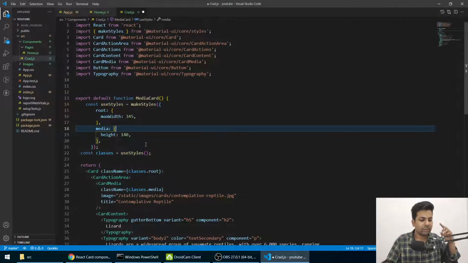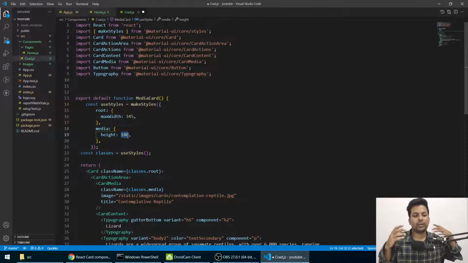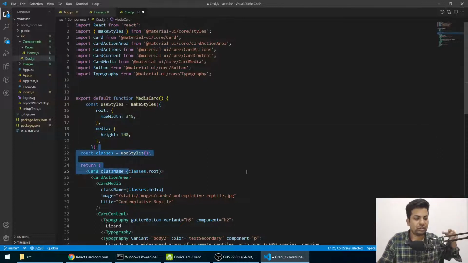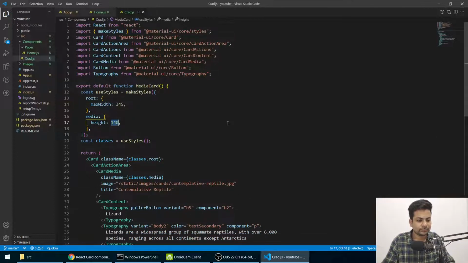I want to pass this width and height dynamically, because I'll be using this whole component on multiple pages, and everywhere I need a different height and width. So just make it a little bit dynamic. Let's save it.